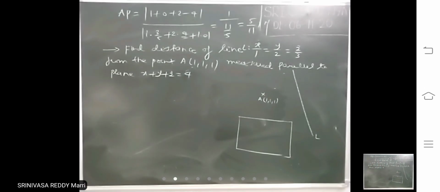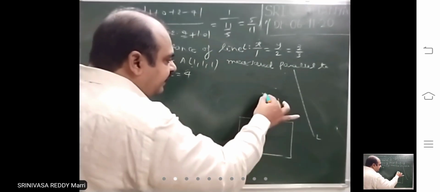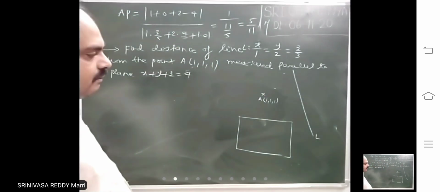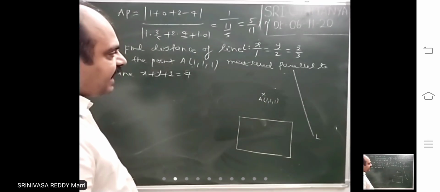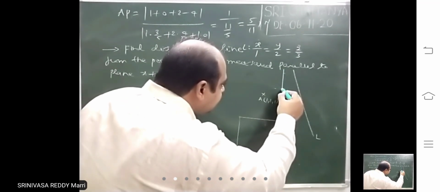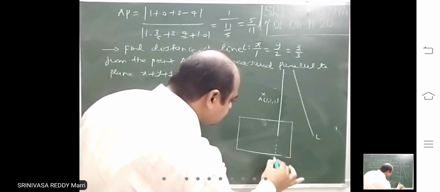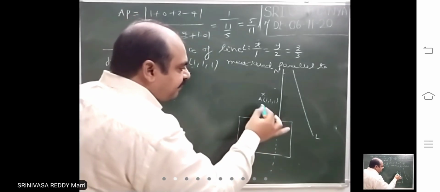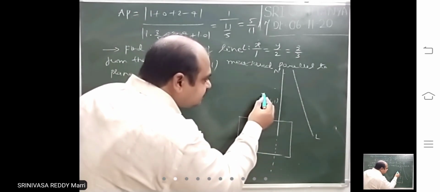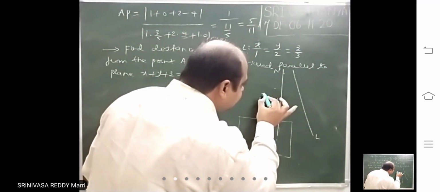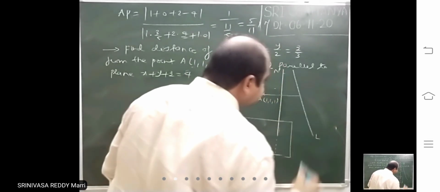What he is telling is, you have to find the distance of this point to this line. Previously, plane, how is it measured? Parallel to the plane. That means parallel to the plane, you have to measure the direction. Let us say normal to the plane is this. The distance is measured parallel to the plane. That means passing through the point, you draw a line which is perpendicular to normal. In this direction, you have to find the distance.